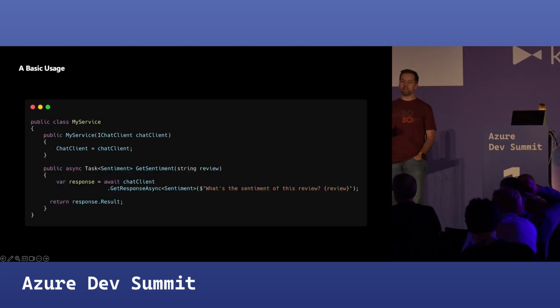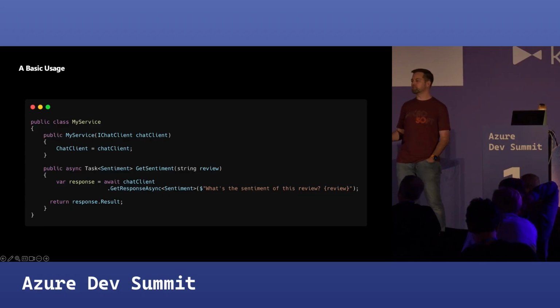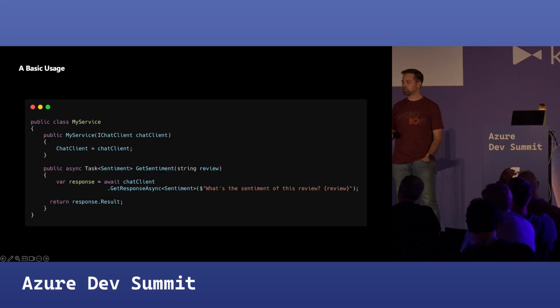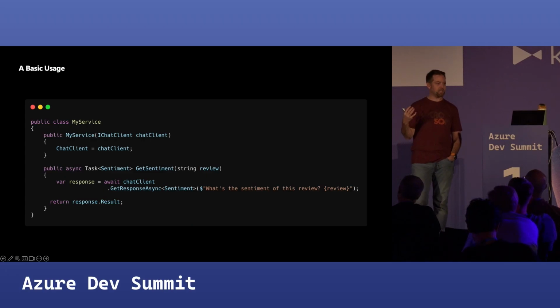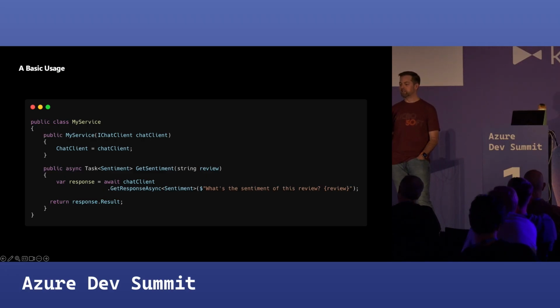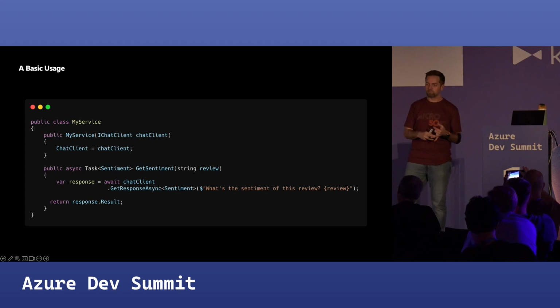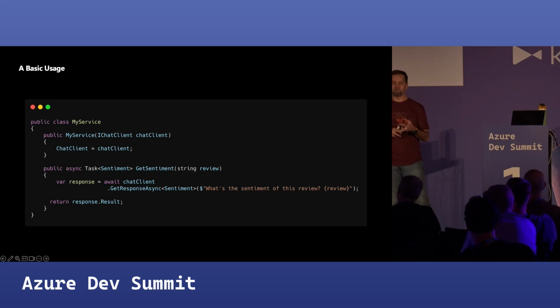So in order to use this chat client, because I've put it into my services in the host builder, now it's available for dependency injection, right? And so I've got a constructor dependency injection here. The IChatClient is coming in. It's going to be that OpenAI client that I newed up on the previous slide. And then in a method or whatever, I can do a chatClient.GetResponseAsync. There's GetResponseAsync, GetStreamingResponseAsync. You can eventually do GetAudioAsync, all manner of other calls there. But the one that you'll probably be using the most if you're just doing a bunch of prompting and getting responses back is the GetResponseAsync.